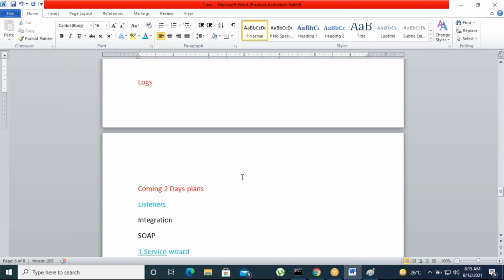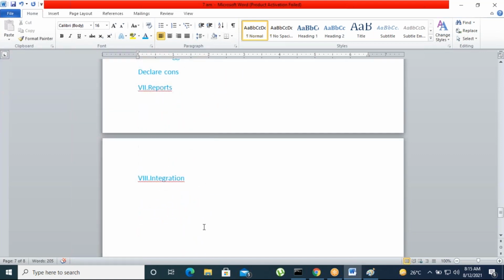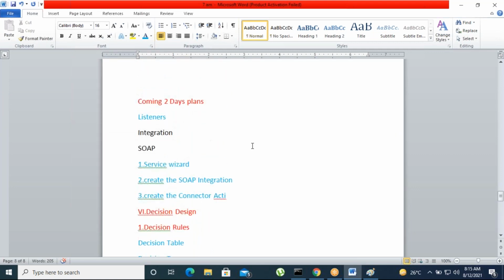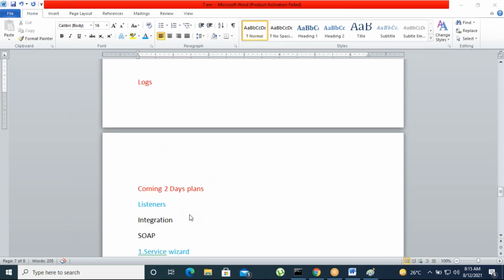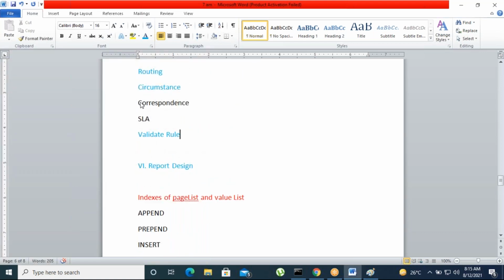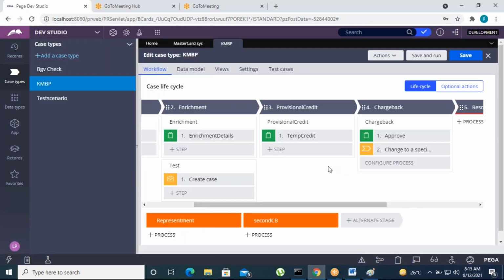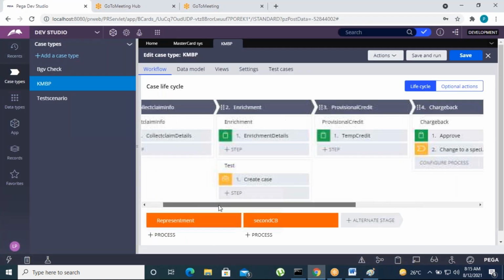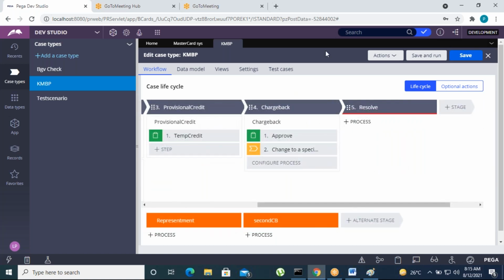What is any other concept, guys, pending? Anyone? Except this correspondence and SLA? Okay, so when the chargeback is approved, resolve.